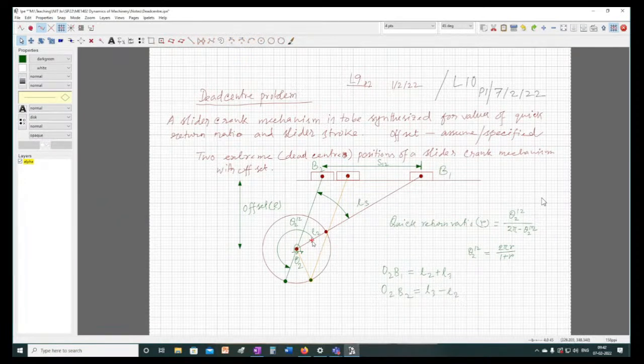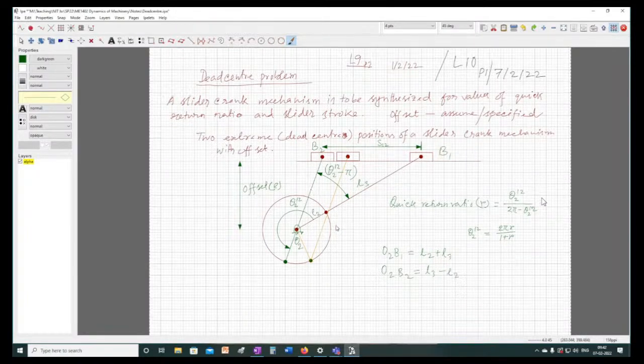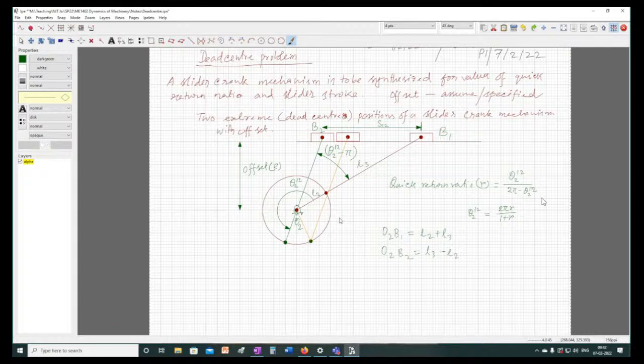If theta 2 1 is minus 180. Say theta 2 1 minus 180. Theta 2 1 minus 180. ठीक है ना? Theta 2 1 minus pi. This is the angle. Now we'll go for the